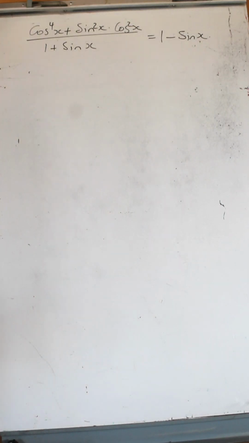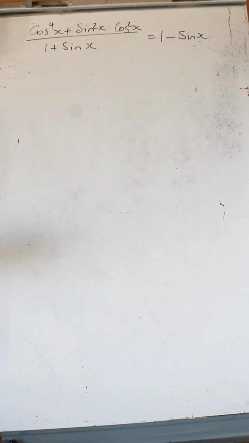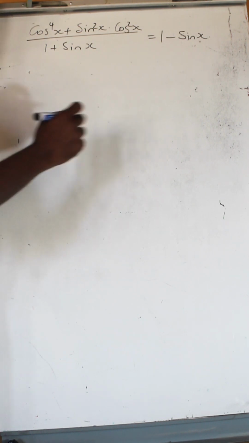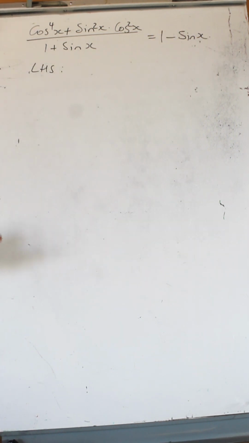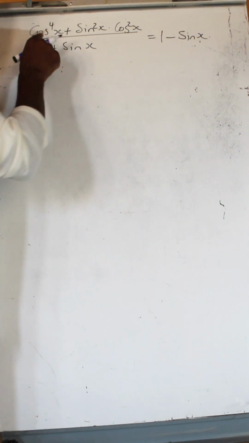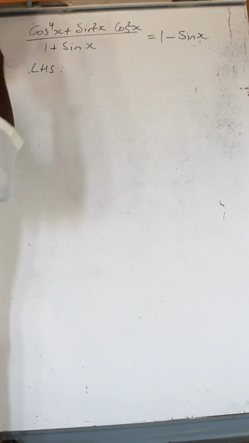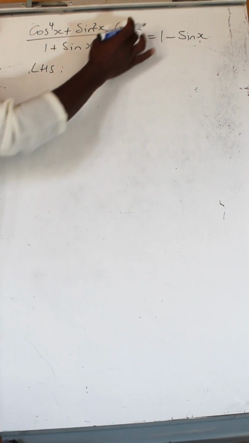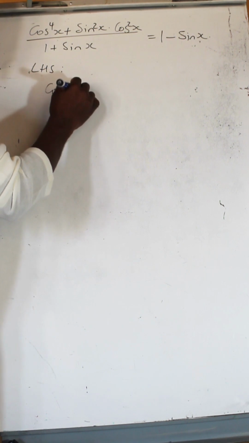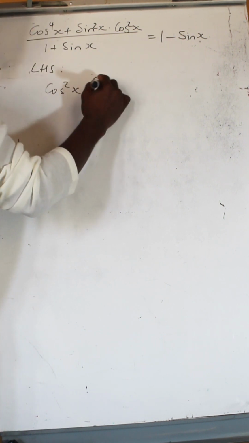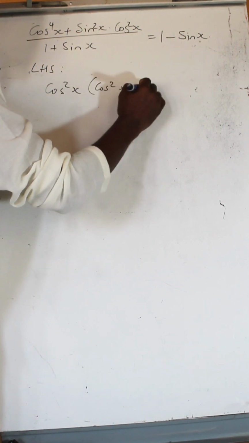Now, this thing they will say, prove that the left hand side is the same thing as the right hand side. Right, so we will focus on the left hand side because this is pretty much, very much simplified. So we say cos to the power 4x plus sine squared x cos squared x. What we will do is we will find the common factor. In this case it will be cos squared x. Here we'll have cos squared x plus sine squared x